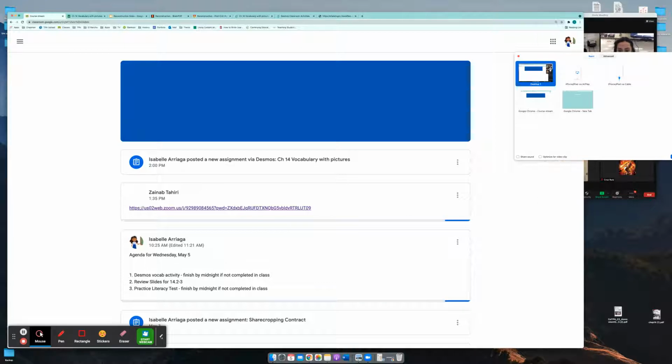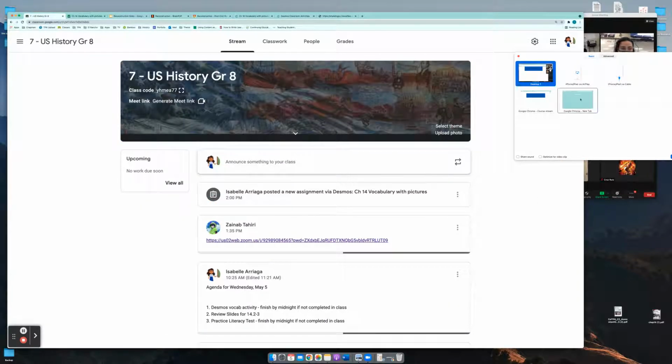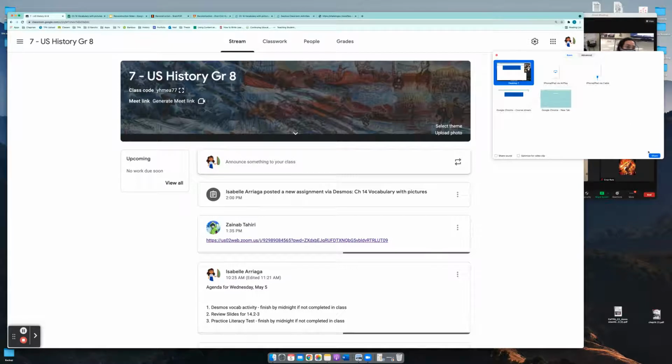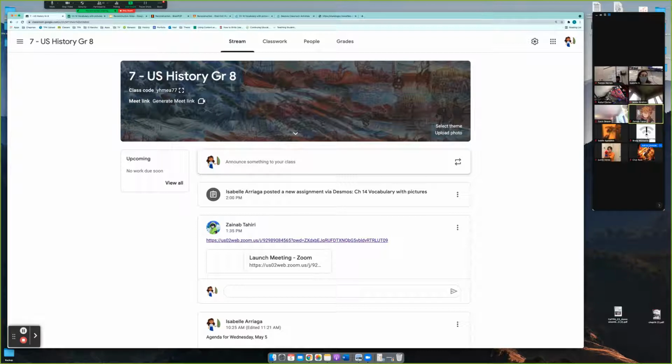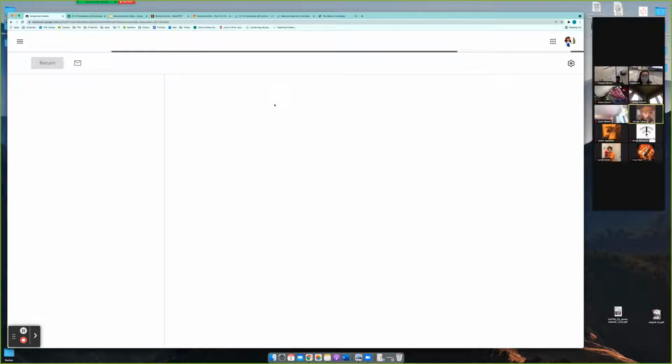What I'm going to have us do is an activity to get familiar with the vocab words in chapter 14, because vocab is important, right? There's a lot of content-specific, reconstruction-specific vocab, and it's important for us to be familiar with it because then we'll have a better understanding of what's going on overall. If we know the vocab, we'll know what's going on as we're reading. So, we've done Desmos before, but quickly just to go over what the goal is,